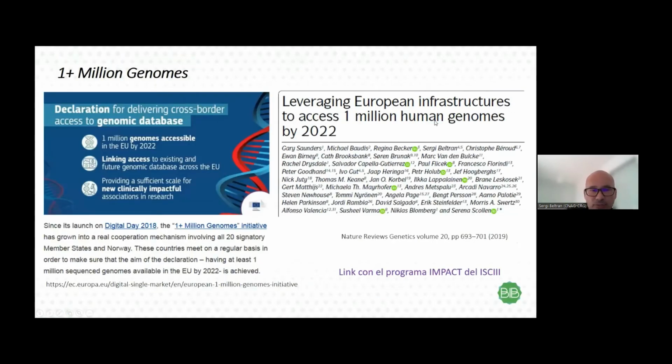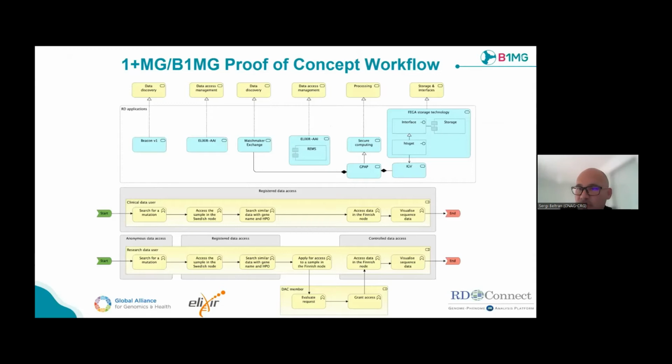Another project in which we are heavily involved is the 1+ million genomes. And currently we are working there through the Beyond 1 Million Genomes project, which is a coordination and support action. In this sense, the project doesn't have any funds for development. It is more about planning and establishing proof of concept. And earlier this year, we established the rare disease proof of concept for rare diseases. And here we've been collaborating a lot between ourselves and also the EGA.